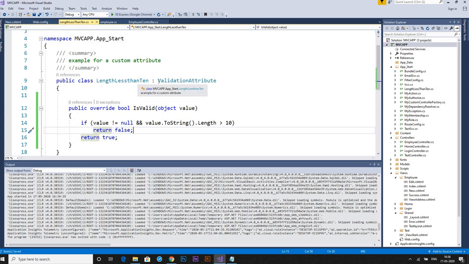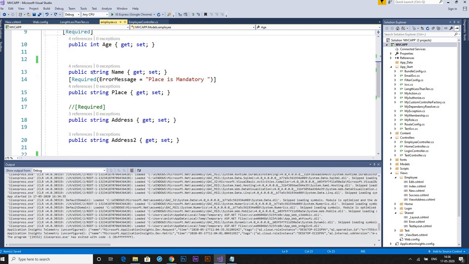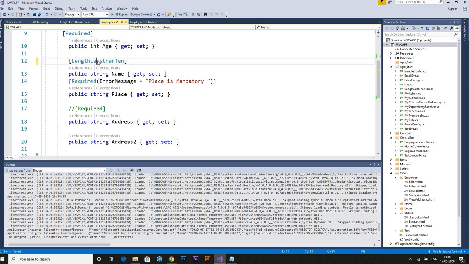After creating this validator, I can use it as an attribute. For example, in the name field, I will say the length should be less than 10. I am using that as an attribute here, just like we use the required validator. Now I will see.